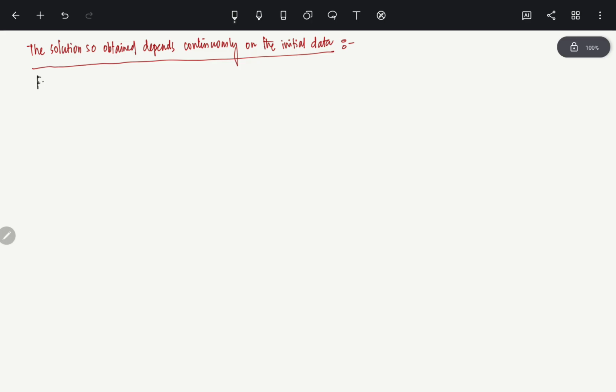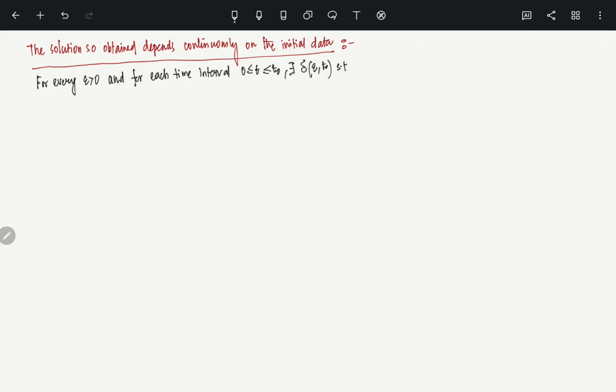For every epsilon greater than 0, so you start with a very, very small number, and for each time interval 0 less than t less than t naught, there exists a delta which depends on epsilon and t naught,